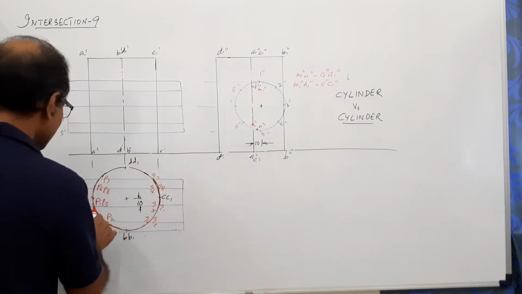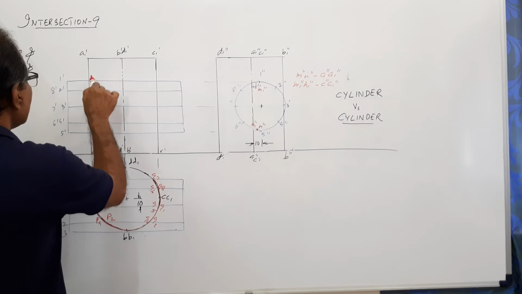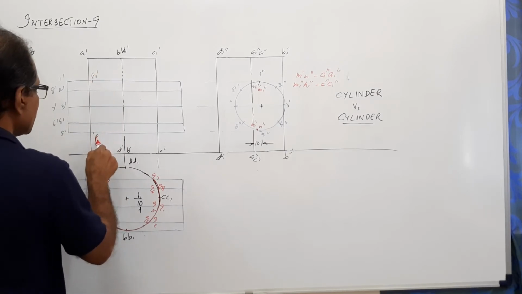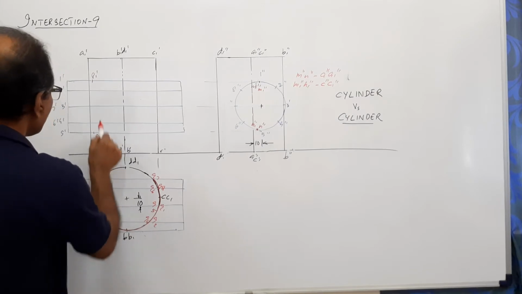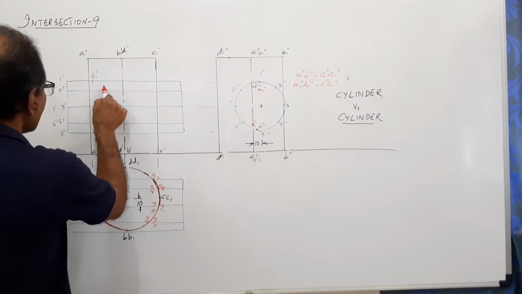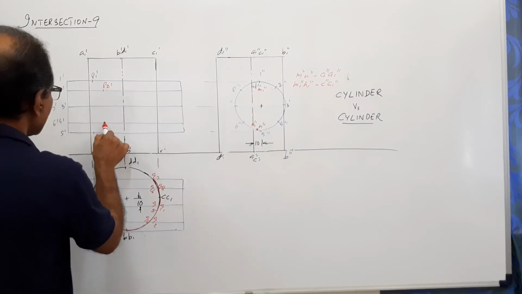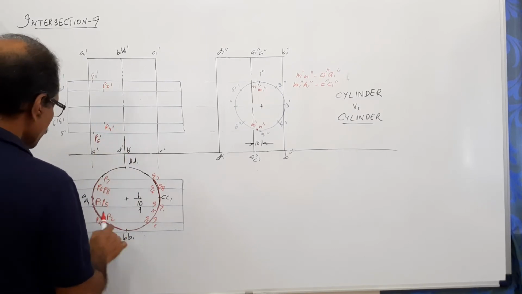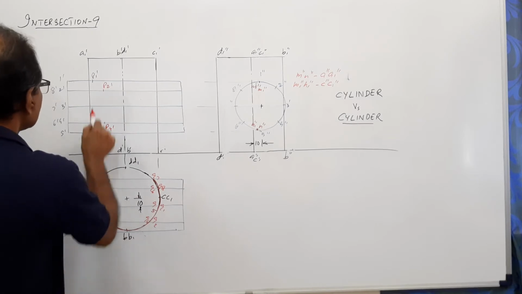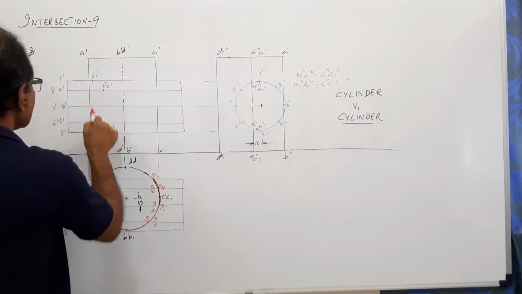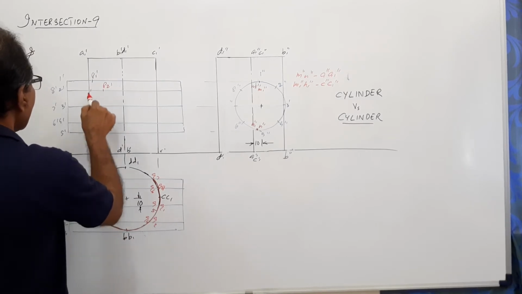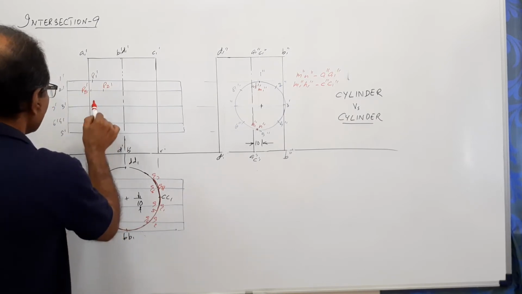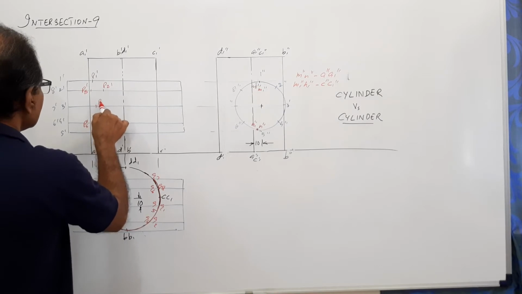When you come to the elevation, P1, when projected, will give you P5 dash a small distance away, as you have seen in the previous case. Projected through P2 will give you P2 dash. Somewhere here you will get P4 dash. There is no P3. Then P6 will give you, very close to this, P6 dash and P8 dash. Projected through P7 will give you somewhere here P7 dash.